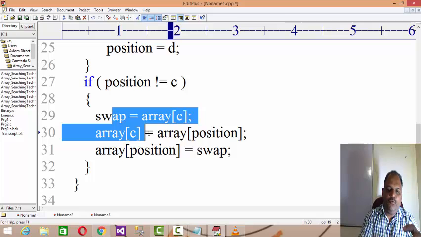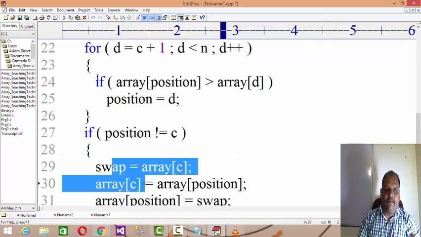Then my d will go from 1 to n. Whatever data is available in the array position, if it is greater than this, then you need to change the value of position to d, right? If it is greater, and if position is not equal to c, you continue that.